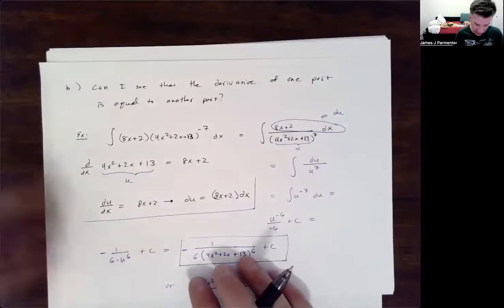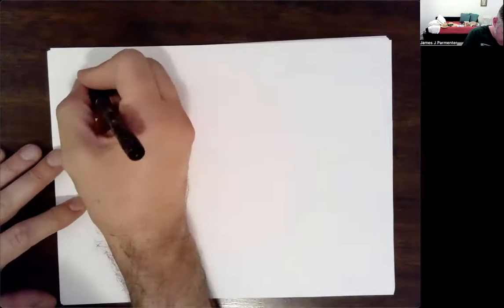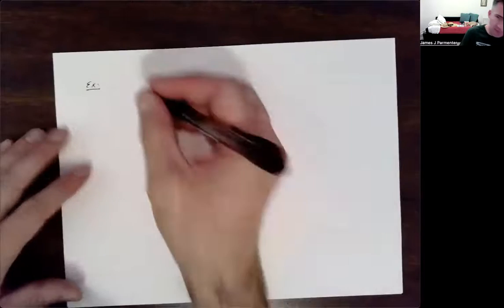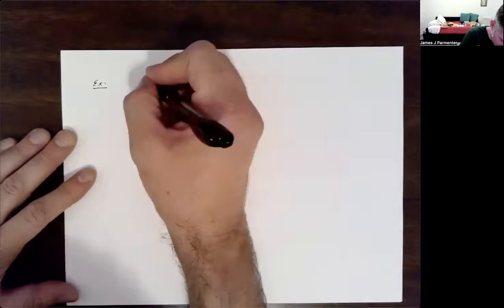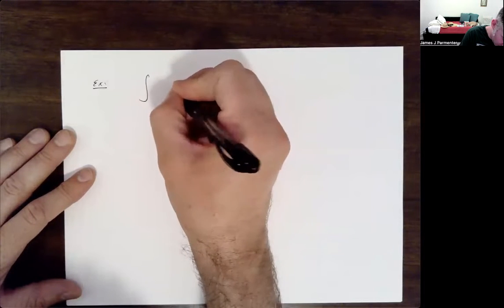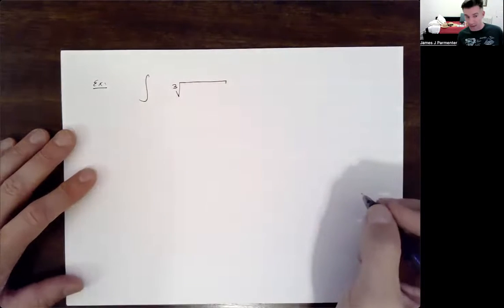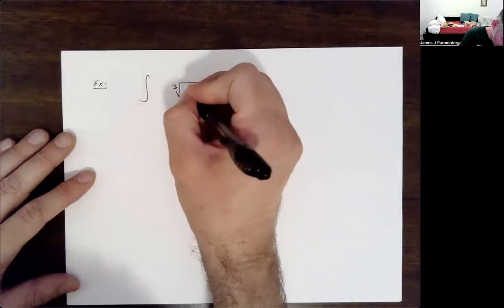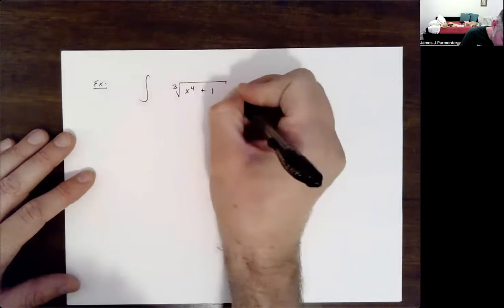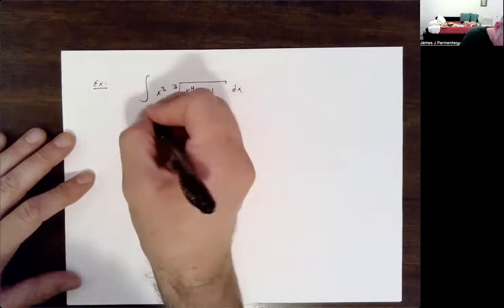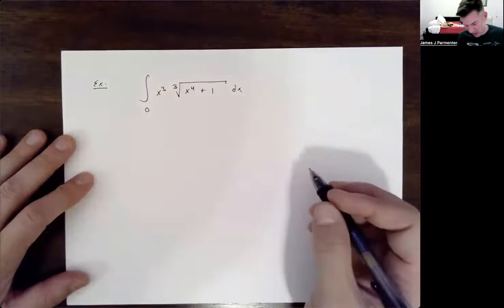So let's look at something like, for example, we'll make this one a definite integral just so it's a little more interesting. Let me come up with something here. Let's say we have the integral of the cube root of, I've made my life challenging by picking a cube root here, x to the 4th plus 1 dx, and we have an x cubed out in front, and x is going from 0 to,